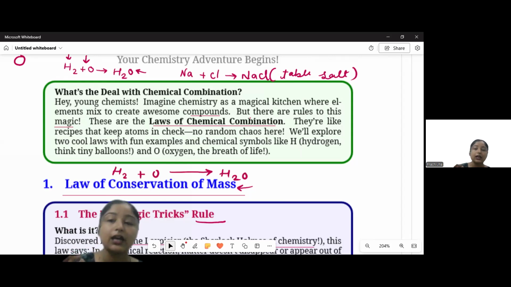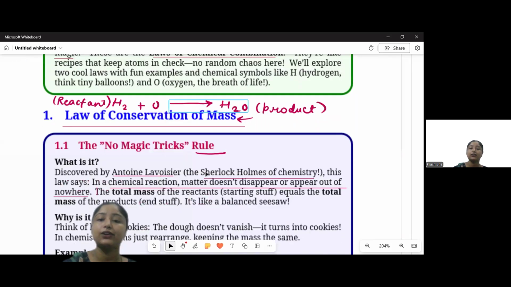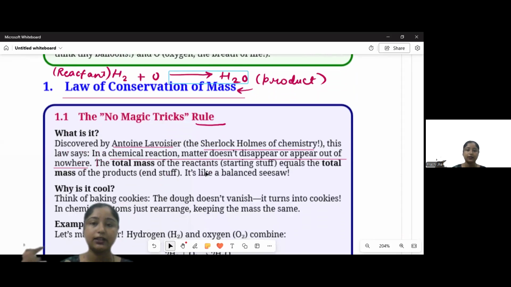These two elements are reacting together, right? So on the left side, you call it the reactant side. These two are reacting together and then they are forming a different compound, and that is what the product is. This side on the right is called the product, right? So, when the reactant and the product react with each other, the total mass, on both the sides,